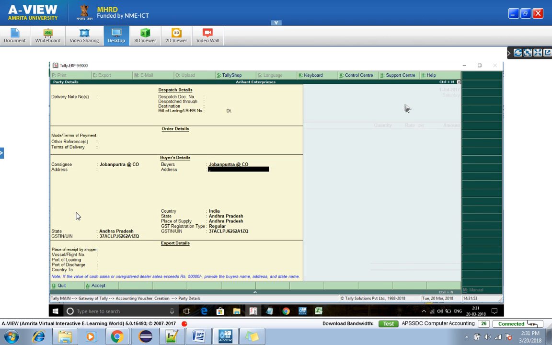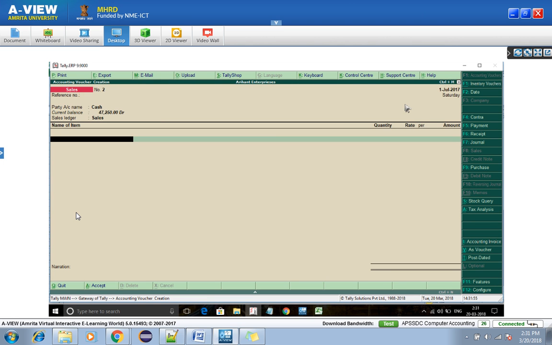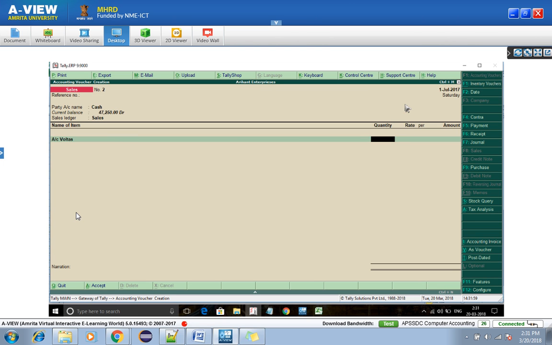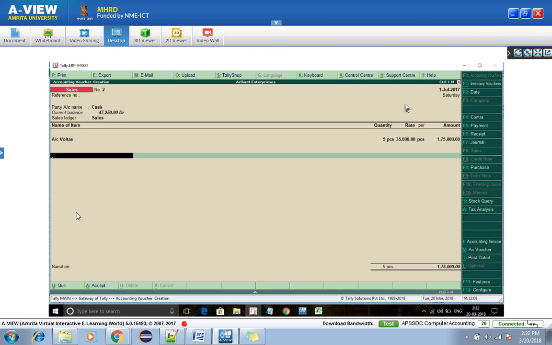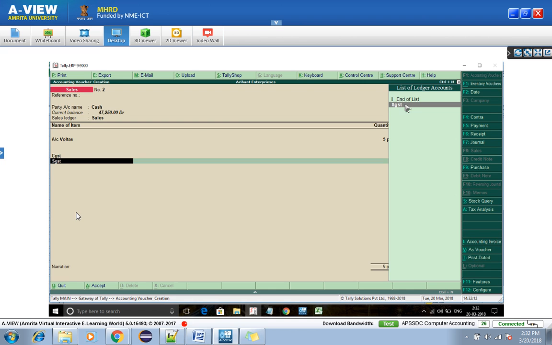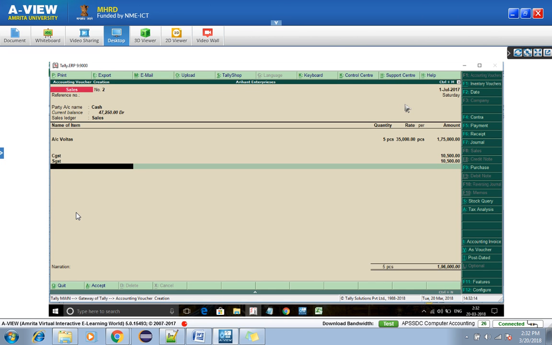Here also, accept this sales. Auto sales, 5 quantity, 35,000. CGST, SGST. This is a local sale with cash. Prior to that, we have done credit entries and cash entries there. Now press Alt P